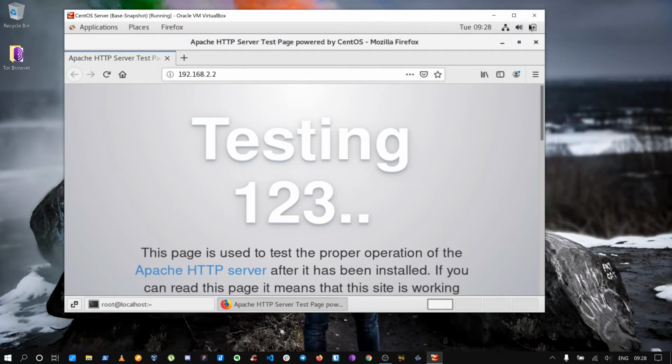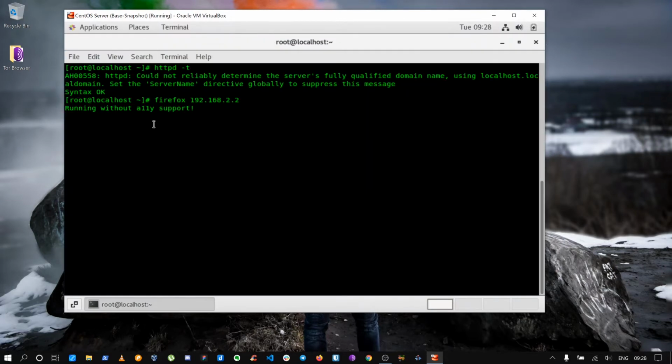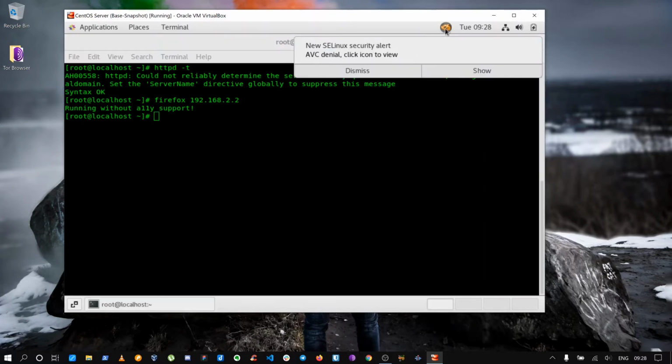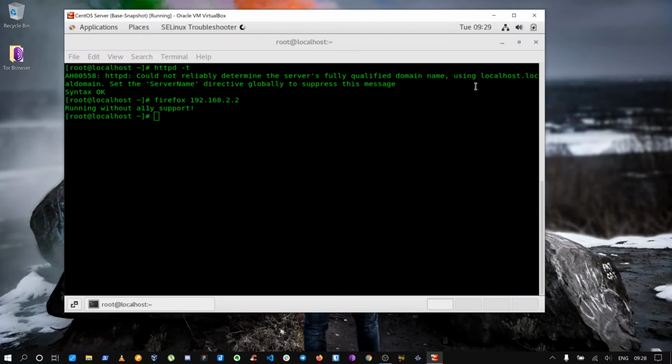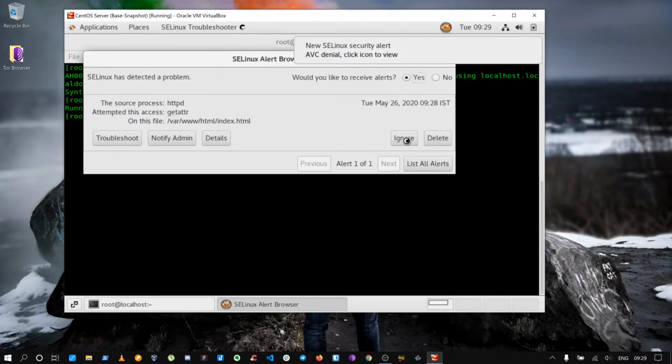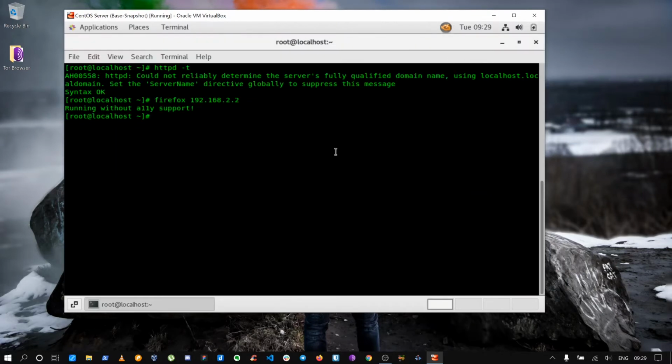Anyway, actually there is something that I have to tell you. This is a good thing about SELinux. It shows you if there is any other issue. No problem. We will add that to the firewall. Now leave that. We are here to configure a virtual host, which means it has to change this IP address.